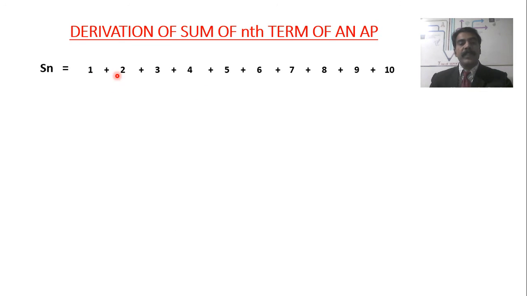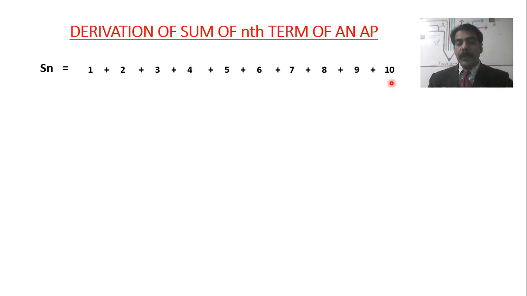Here I have considered the first 10 natural numbers, and I have to find out the sum of these first 10 natural numbers. Add these numbers and find out the total. Yes, that's correct. It is 55. So we can say that the sum of the first 10 natural numbers is 55. Now let us try to find the sum of these 10 natural numbers by using a formula, or we will try to find a formula to derive the sum of these first 10 natural numbers.